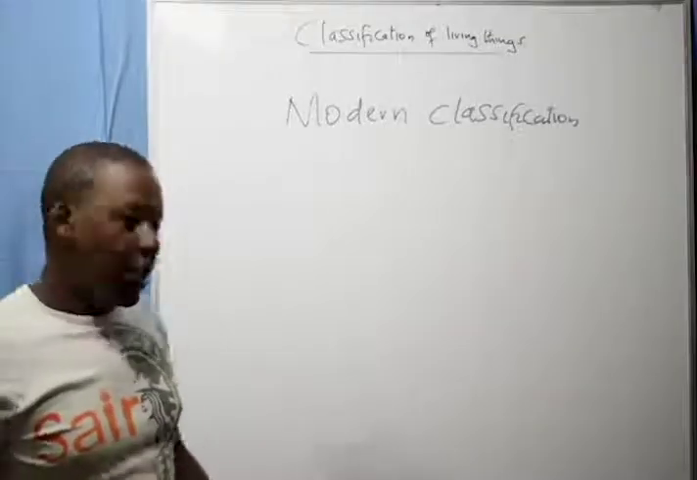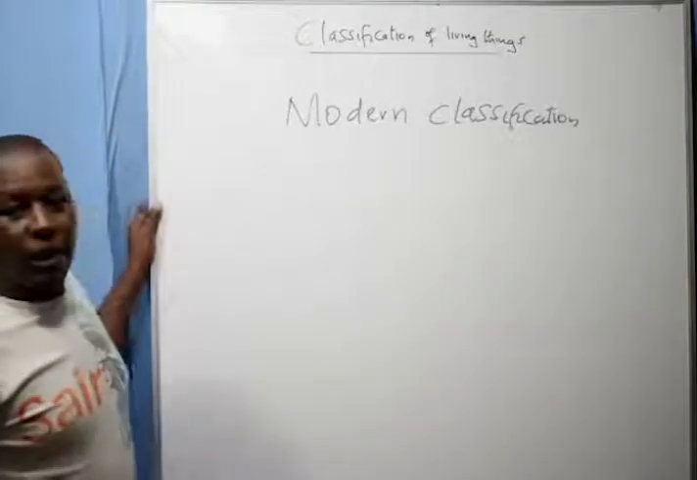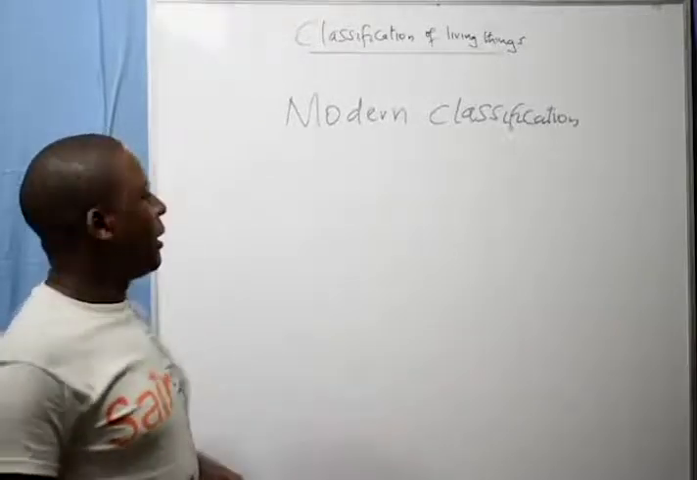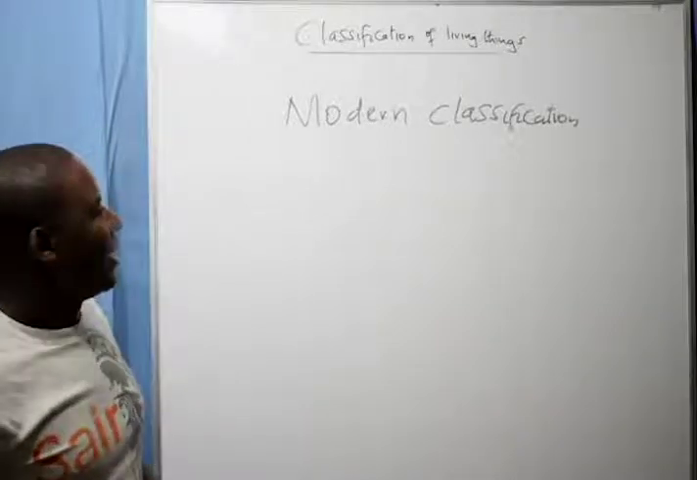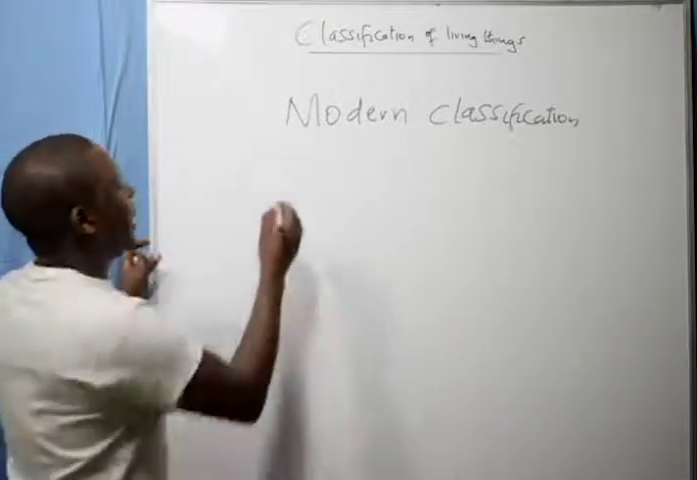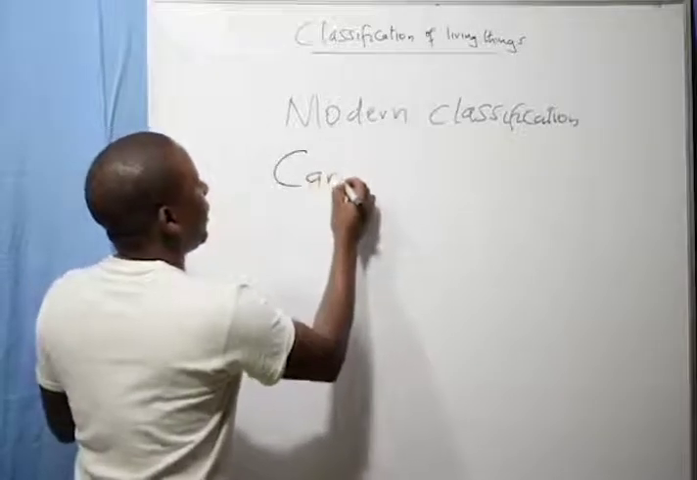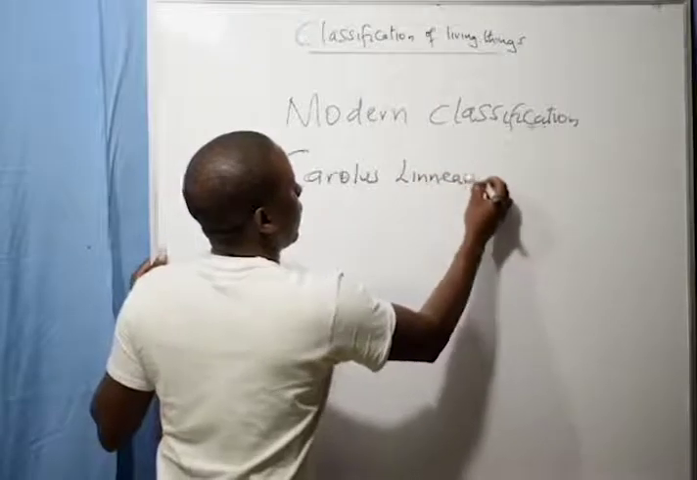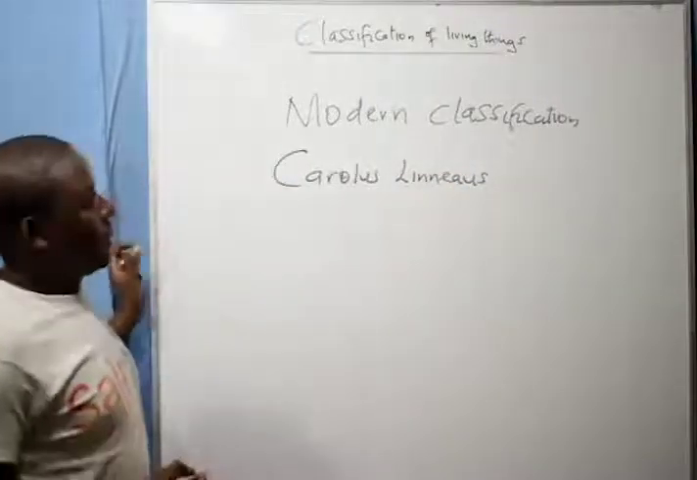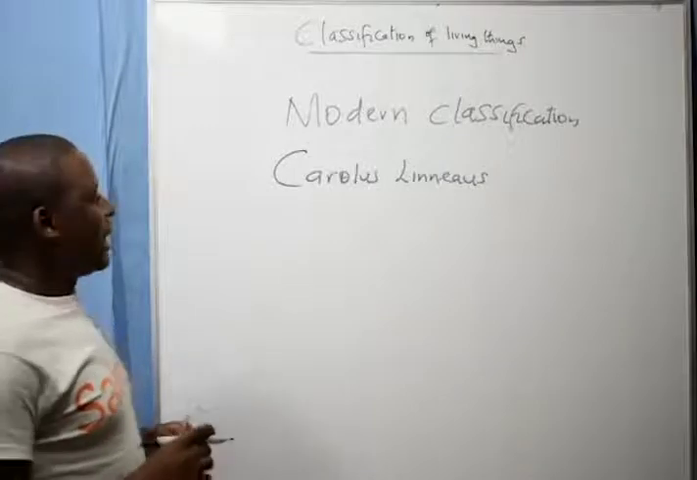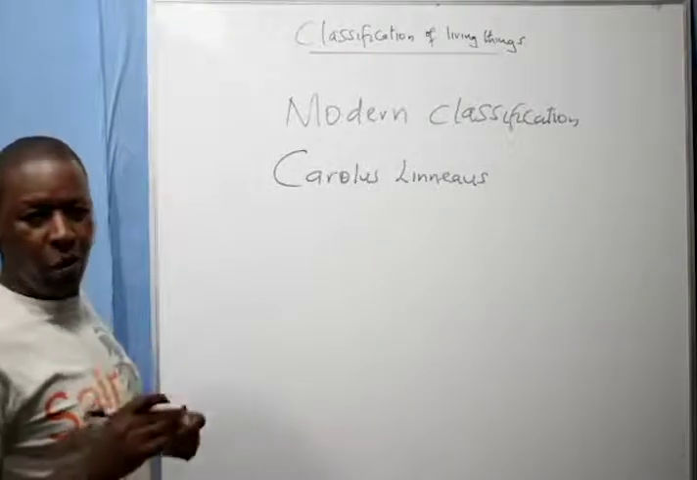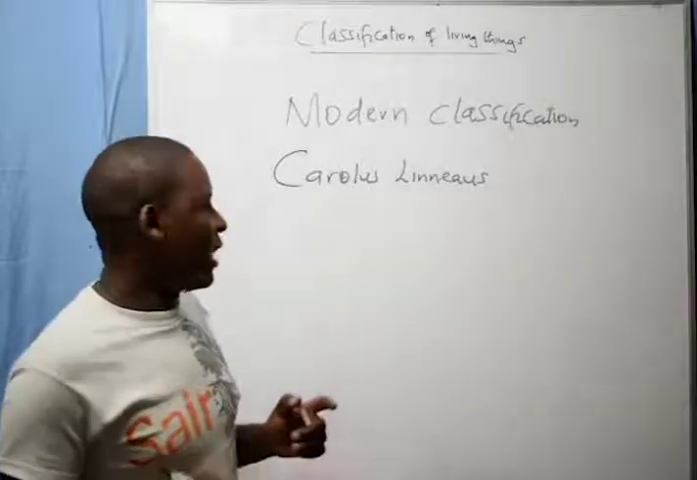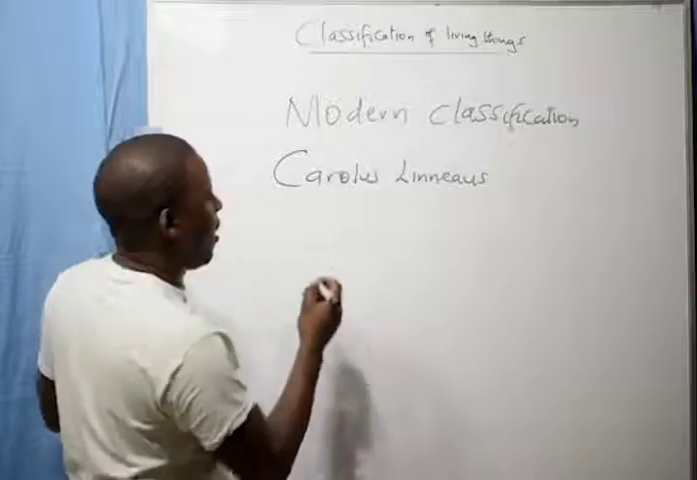Hello students, we want to look at modern classification. This is a type of classification that was pioneered by a scientist in the 17th century known as Carolus Linnaeus. Carolus Linnaeus placed living organisms under 7 groupings called taxa. Each was called a taxon. And these taxa are